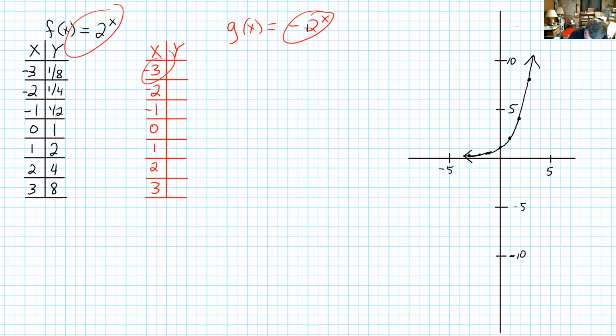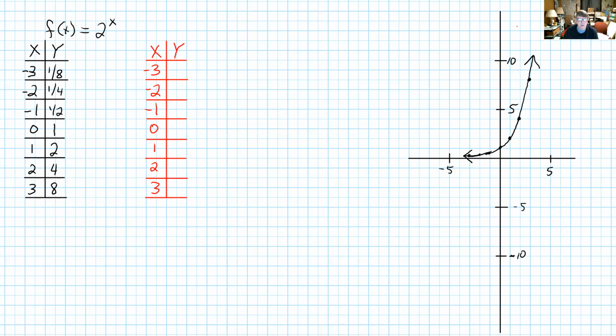Well, if we put this value in and we take 2 to the x power, we're going to get these same values, but then we're going to put a minus sign in front of it. So we're going to get -1/8, -1/4, -1/2, -1, -2, -4, -8. So what's that going to look like? Well, it's going to look like this. Oops, more or less. Lousy graph, my apologies. Okay,